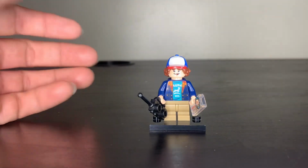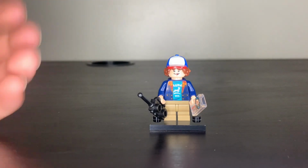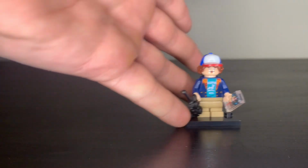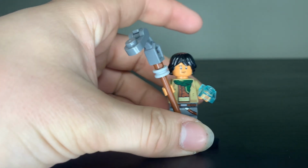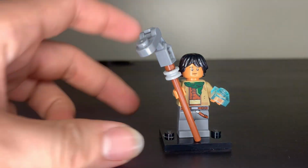For the first row of minifigures, we have Dustin Henderson, who I think is just a really incredible minifigure, and I just think, wait a minute, this ain't the right minifigure. Get that out of here. Well, actually, I'm going to let it slide because this is a pretty valuable figure, but our actual figure is Sig Griebling, otherwise known as Siggy, who is the main protagonist of the Rebuild the Galaxy series,